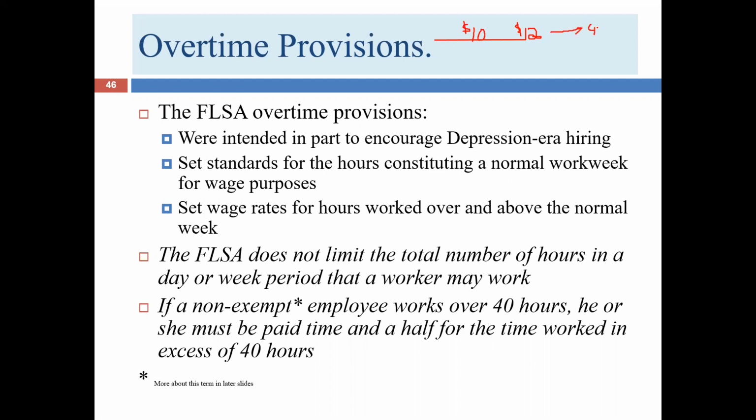But in a particular week, Bob's manager comes to him and says, "Hey, Bob, we need you to work some overtime." Bob says, "Sounds good to me. I'd like to earn some extra money." And so his manager says, "Well, Bob, you're scheduled to work 30 hours on the assembly line and 10 hours in the shipping department, but we actually need you to work 5 more hours in the assembly line function. So you're going to work a total of 45 hours,